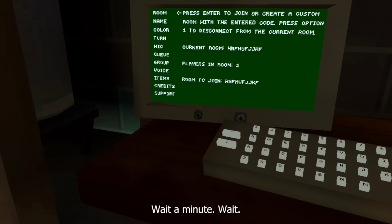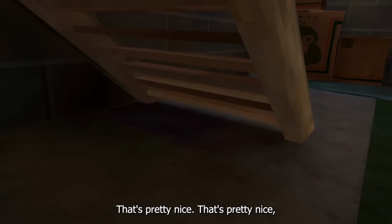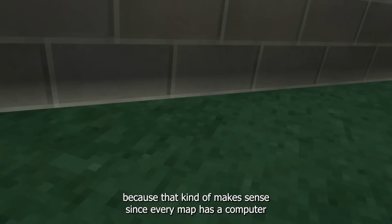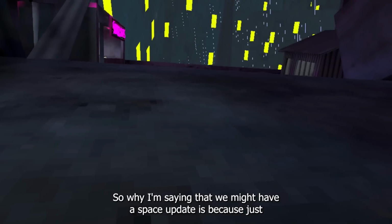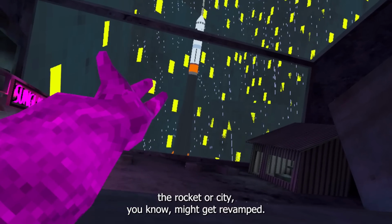Wait a minute. Wait, this wasn't here before. They added a computer into the basement. That's pretty nice. That's pretty nice. Because that kind of makes sense since every map has a computer. That didn't happen before. So why I'm saying that we might have a space update is because just the rocket